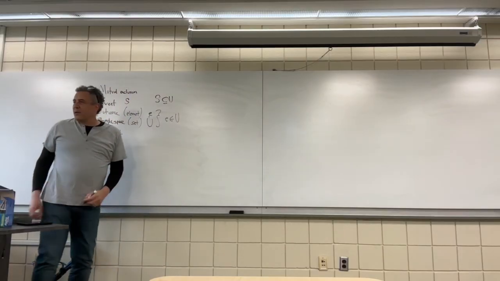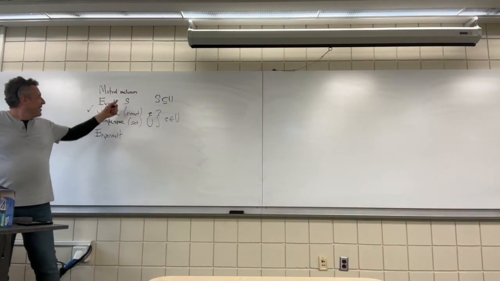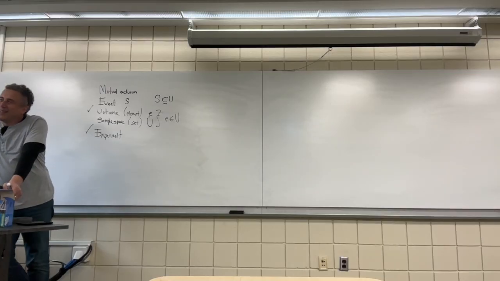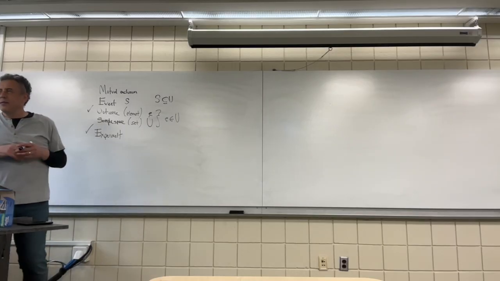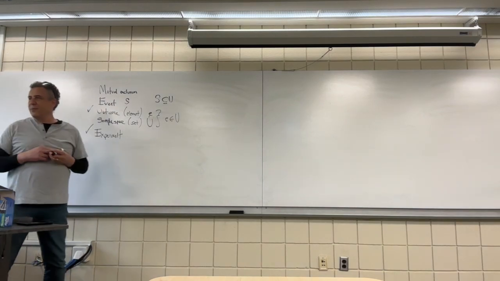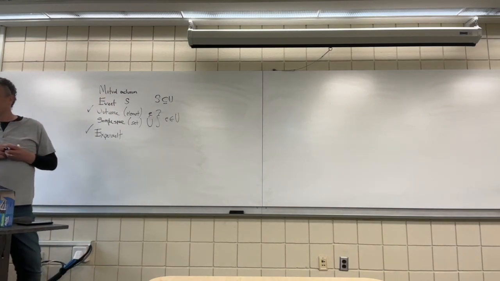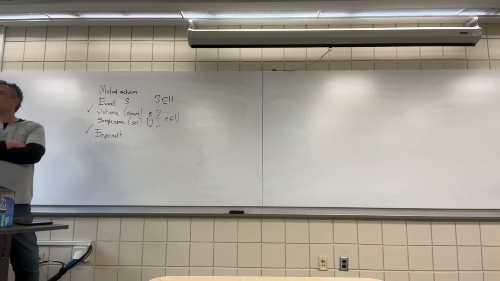Okay. Now, explain to us. That's saying that the probability of the union of event 1 and event 2 equals the probability of event 1 plus the probability of event 2 if the 2 events are disjoint, meaning that the intersection of event 1 and event 2 is the empty set. Sounds good. Can you tell me an example? If you had a 6-sided die and you're asking what's the probability that you get a 1 or 2 or 3 or 4, event 1 would be 1 or 2, event 2 would be 3 or 4, then we just add the probabilities together because there's no overlap.